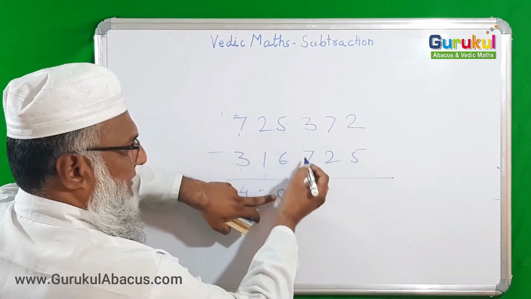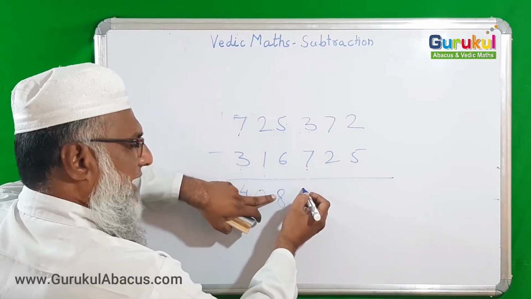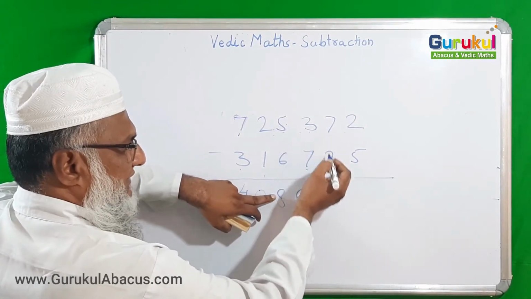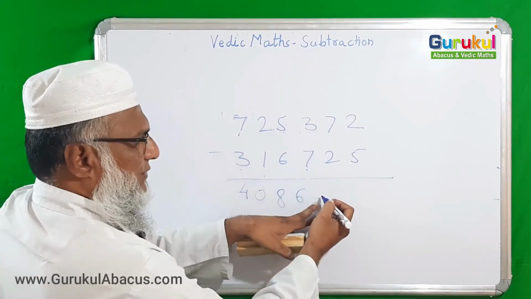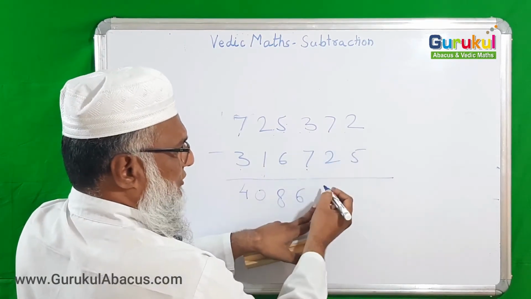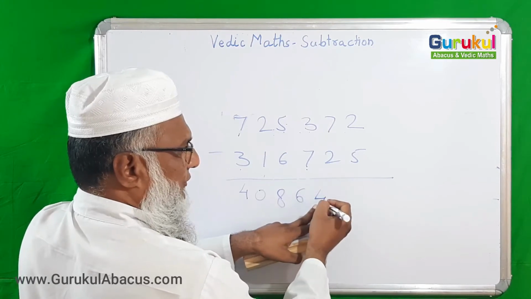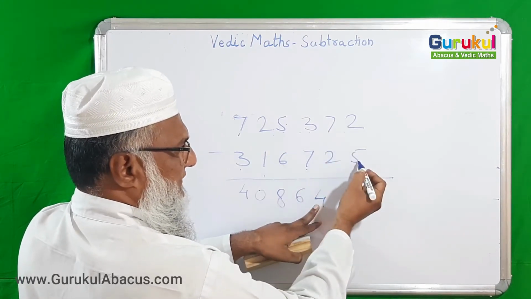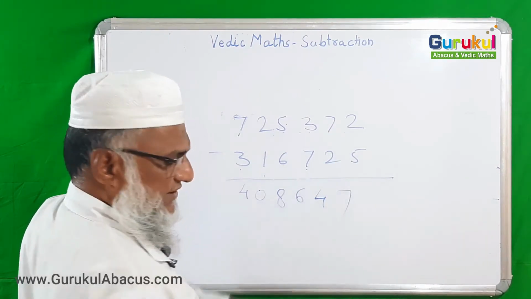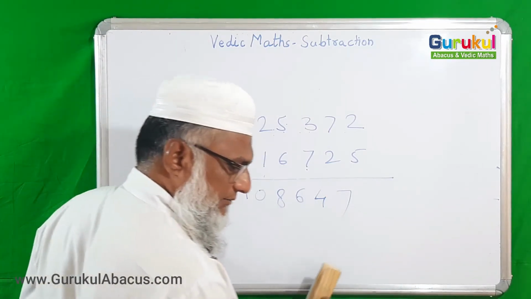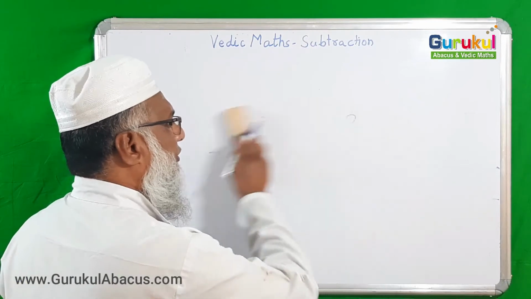And here now 13 minus 7, 6 I want to write directly because here operation is possible. 7 minus 2, 5 I was wanting to write, but this operation is not possible. So apart from 5, 4 I want to write. 5 minus 1, 4. And then now it is 12 minus 5, 7 is there. This is the answer. One more example we will take. So again our understanding would be little bit more clear.